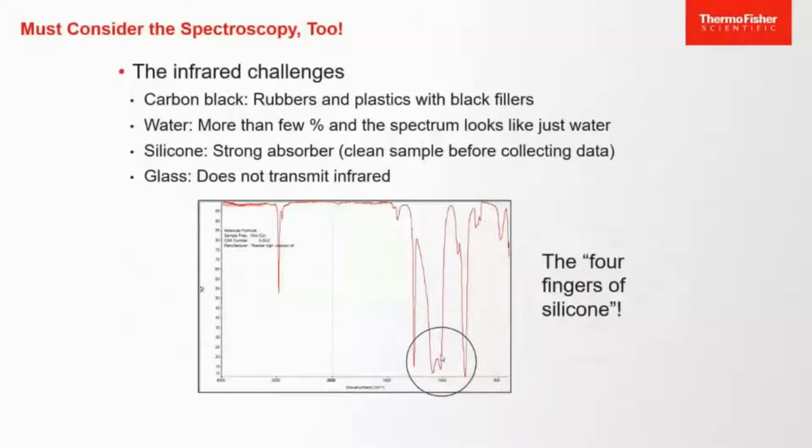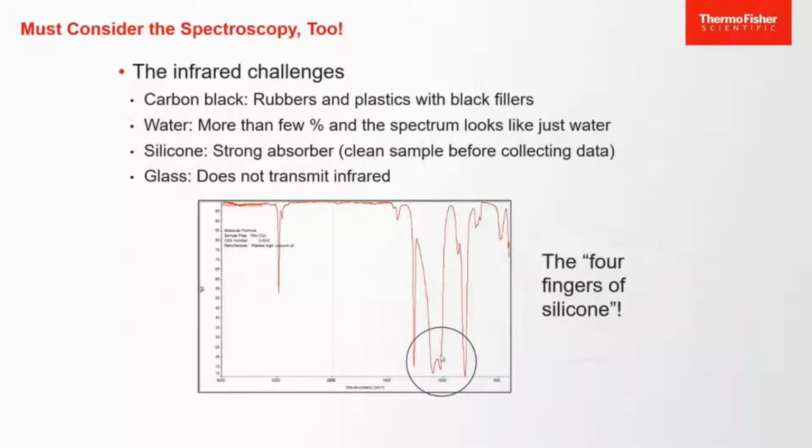Now, I've talked so far about just the sampling, but you also have to consider the spectroscopy. There are a number of things that can go wrong or that are challenges to the IR. They don't go wrong, but there are things that can challenge it. One is if you have an excessive amount of carbon black in your material. This is because the material is usually highly absorbing, and the carbon black is a high scattering material within it, and you get very large artifacts in your collection. Water in the infrared can also be problematic